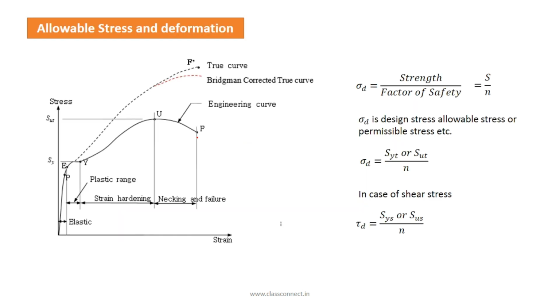So finally we come to the end of this session with this particular slide, a very important one. Quickly go through the stress strain relation, the stress strain curve. Up to this point it is the proportional limit, and the line is straight. From proportional to elastic limit, the line should be curved, and then it increases as the true stress strain, and this is the Bridgman corrected true curve, and this is the engineering curve, all of which we are aware of.